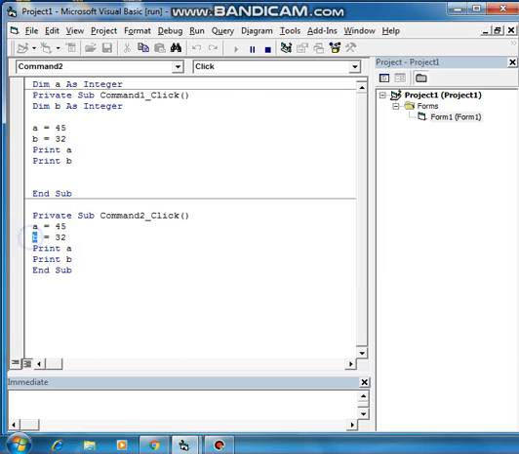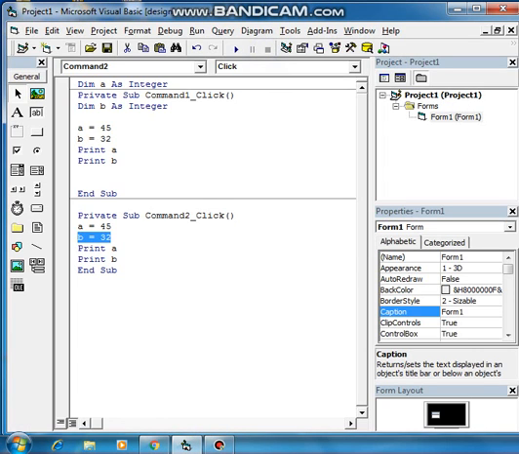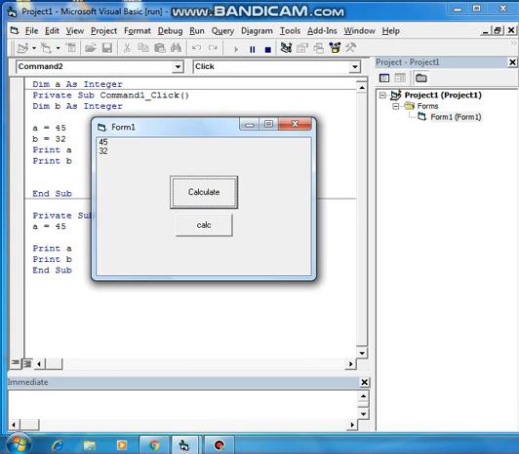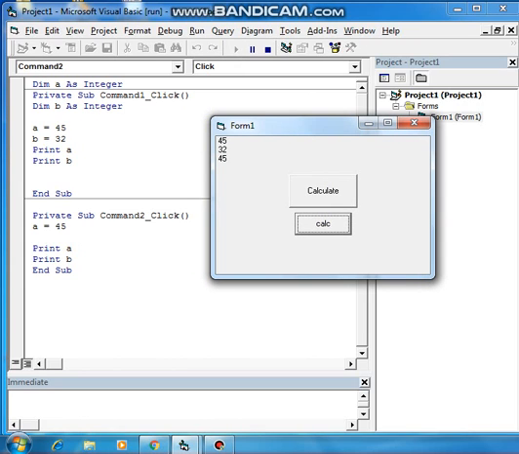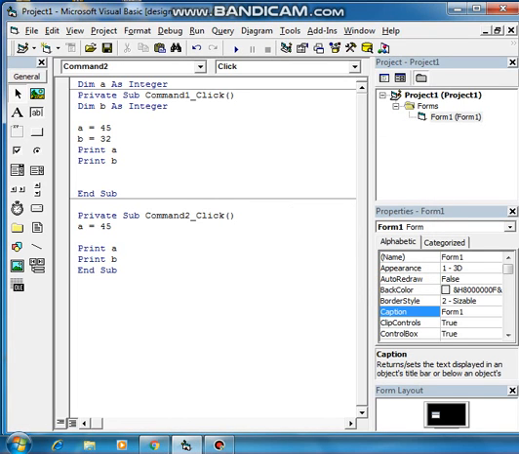And here you see the a is showing 45 and b is showing 32 because I didn't declare. So this b, it is not using from here, students. It is taking the variant kind of. Fine, the b you use here is different from the b here. Now suppose I'm not declaring it and I'm trying to print it. So check. Now see, is there any value for b? I wrote it here, it was local to this, so it was working fine here. But in this case the b is not declared, so it is not printing anything. So that is the difference between the local variable and global variable.